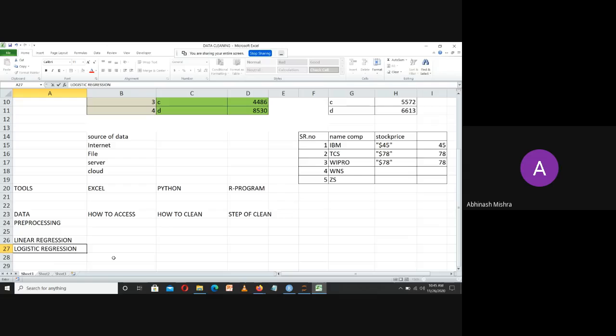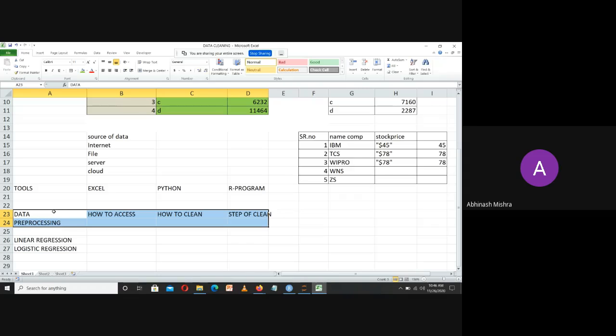Now, first of all, you should know what these two things are and under which category they belong. These two words belong to a specific term that is called machine learning. Now, what does machine learning mean? Before I can analyze these two terms, I first need to understand data. What is data? And before data, I need to know what machine learning is.